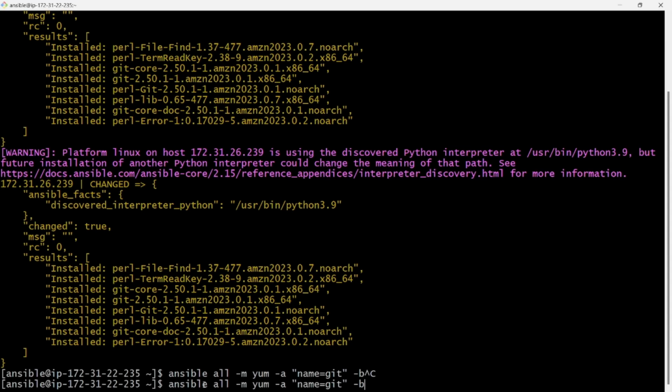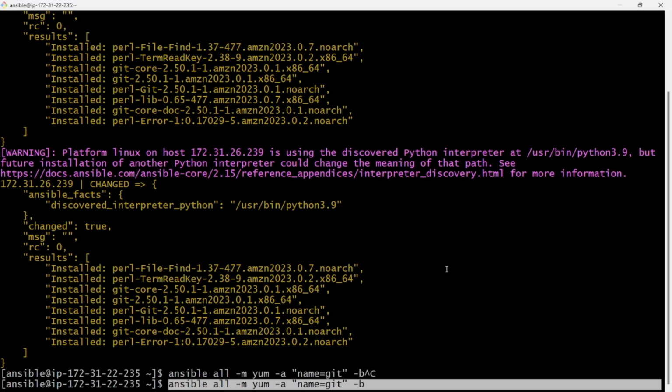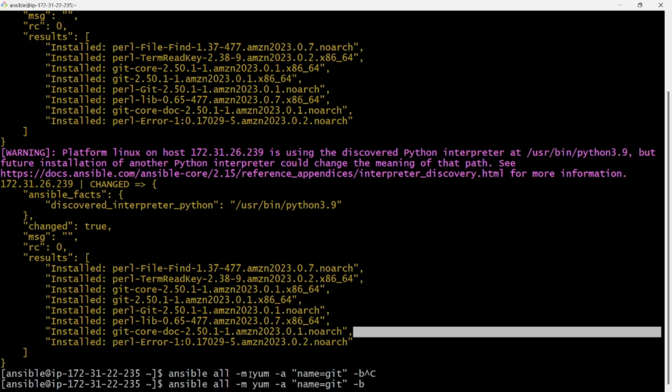You can see what we did here. We did Ansible all, then -m yum. Yum is my package manager. Then you can see -a, then name and git software. But whenever we are using uptime, or suppose I want to check the date, at that time we are using -a. So what is the meaning of -a? We know that -m is nothing but module, and -a is what we call an